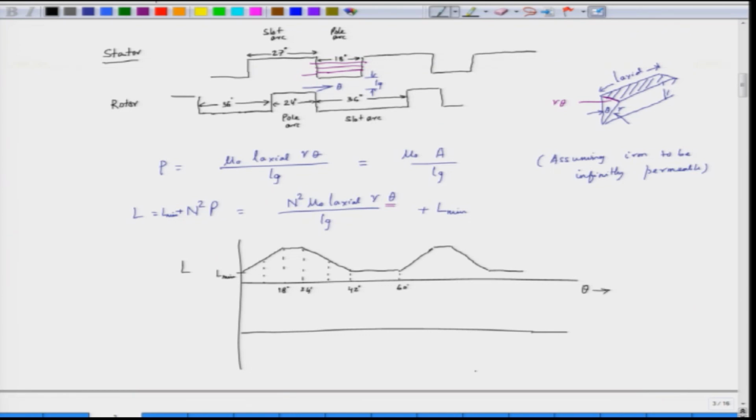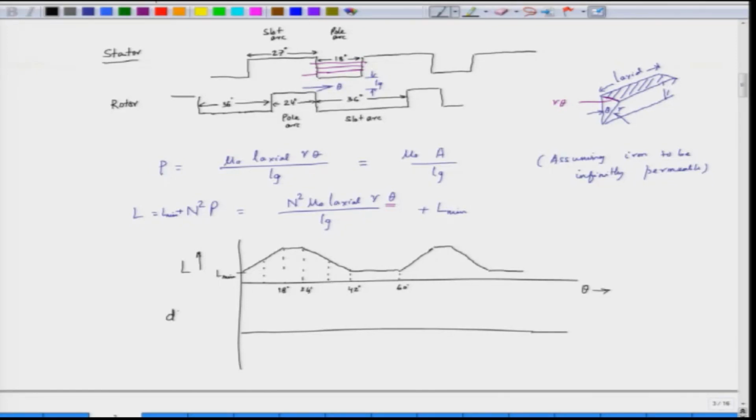What is important to us here is that the inductance should vary with the rotor position, and here we are observing that as the rotor moves below the stator, there is an overlap. So, when the rotor and the stator are overlapping, we have maximum inductance, and when the rotor goes away from the stator, the inductance again decreases to a minimum value. This continues because we have repetitive slots and poles, and hence this is a repetitive waveform.